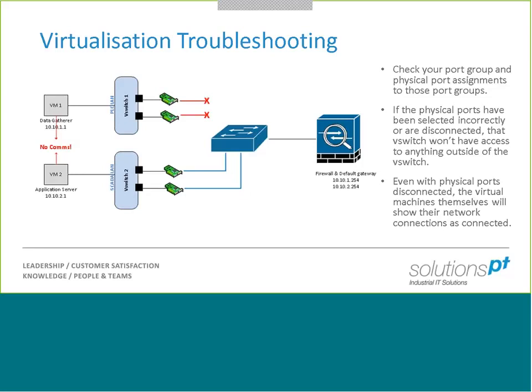Now in that instance, the physical NICs we've allocated to vSwitch 1 are disconnected. They're not plugged into that switch. And the reason that can be hard to spot to begin with is because VM1 will still show as it's got its network card connected. So it will not show on network connections, but it's actually disconnected because your connection to the vSwitch is still there. It's a physical connection out to the rest of the world which is disconnected, but you won't be able to tell that from the virtual machine layer.